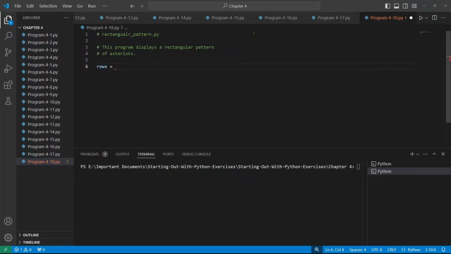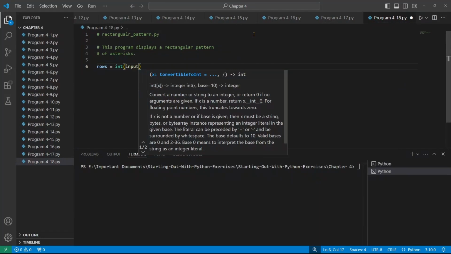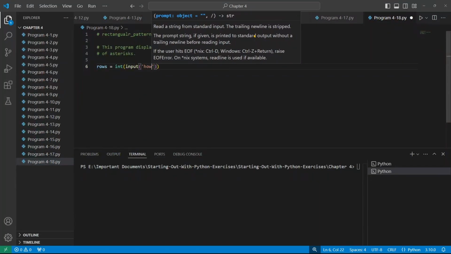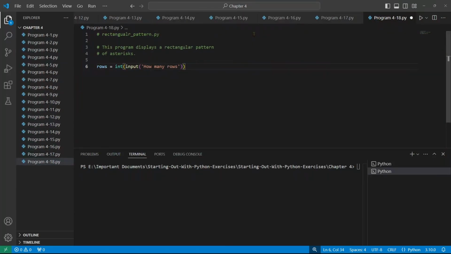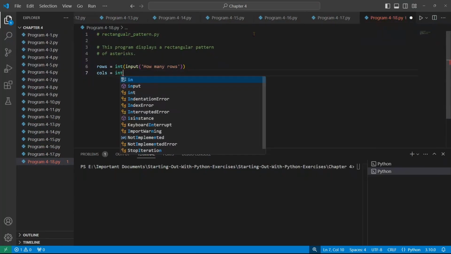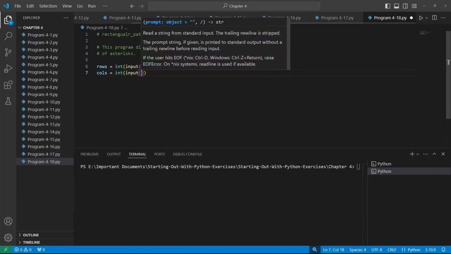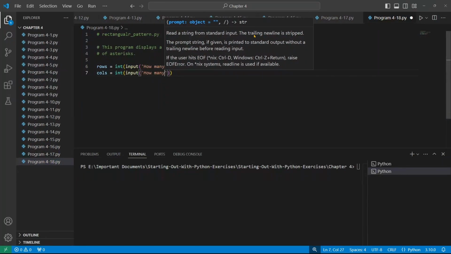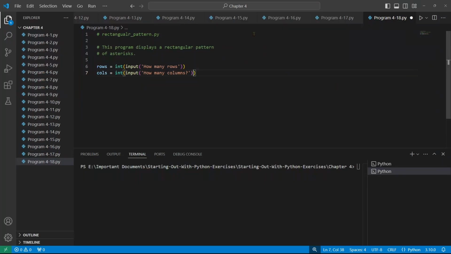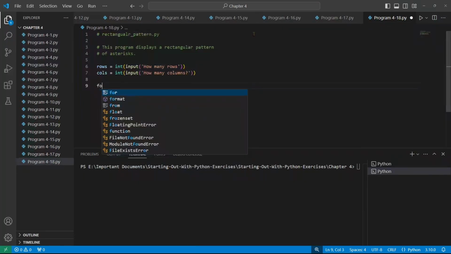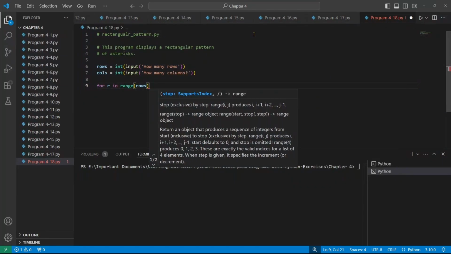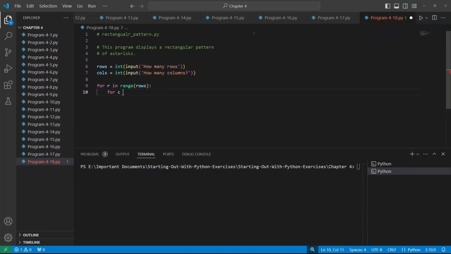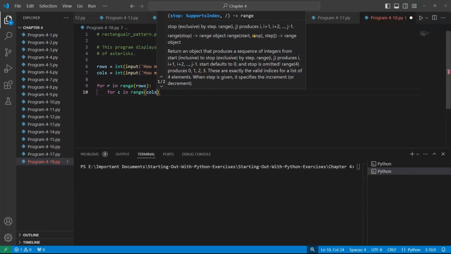Rows: integer input. How many rows? Okay. Cols, as in columns. It's going to be integer input. How many columns? For r in range(rows): for c in range(cols):